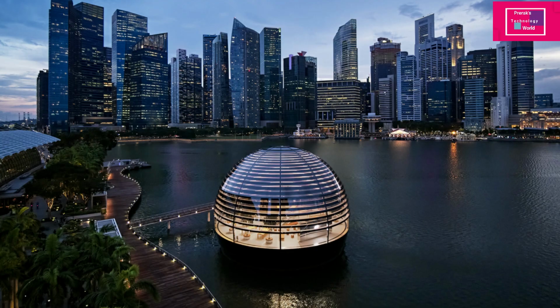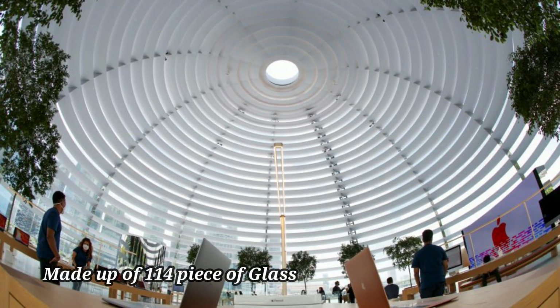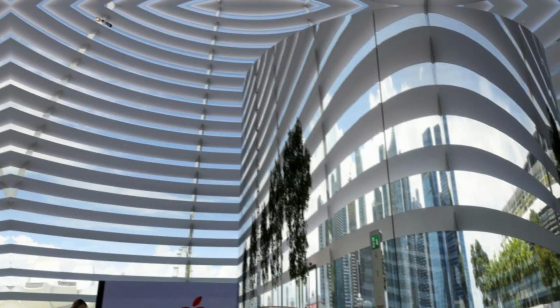Let's start with Apple. Apple has recently opened floating store in Singapore Marina Bay area. So this is a 360-degree view store and made up of 114 glass. The majority of the store has been built through glass, and that is also a curved glass. So it will enable you to view 360-degree view of the Singapore Marina Bay beautiful scene, and it is around